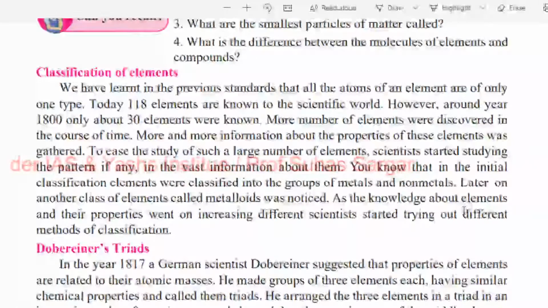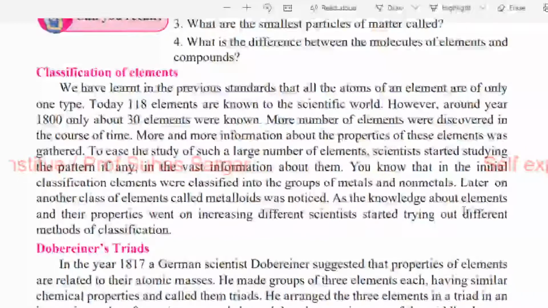More elements were discovered in the course of time, and more and more information about their properties was gathered. To ease the study of such a large number of elements, scientists started studying the pattern, if any,